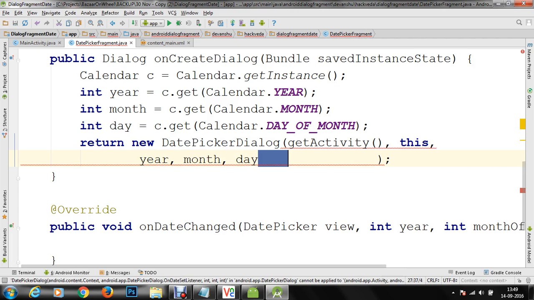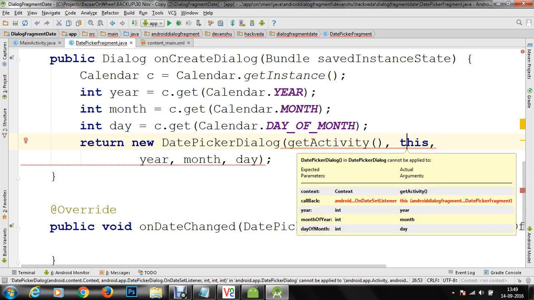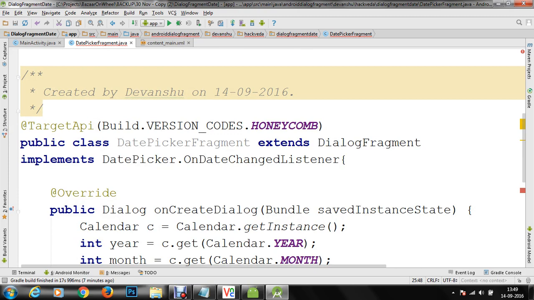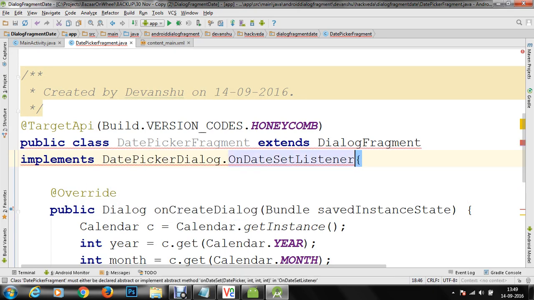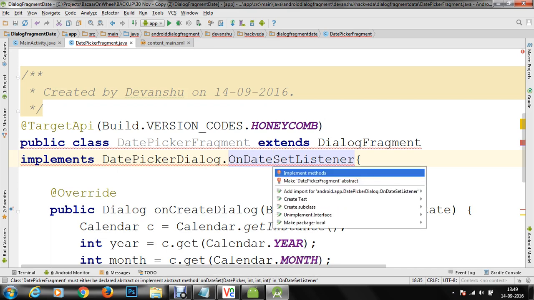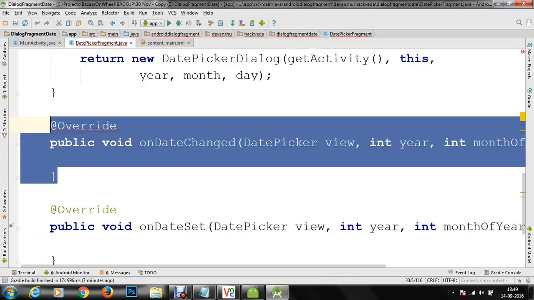So once we are done with this, we need to give the instance of OnDateSetListener. So let me just change it to OnDateSetListener, and we are going to implement the method onDateSet, and we are going to remove this onDateChanged.